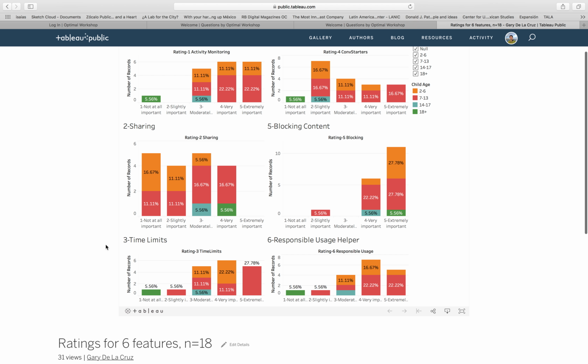The next one is about being able to control how much time the child spends in the platform. This also came across as pretty important. Most of the responses are either very important or extremely important. So this feature I want to cross-reference with another survey we did, where we did qualify the user to have a child in the hospital. Those results aren't in here, and that's because the number of responses was so low. It was only 4 people.